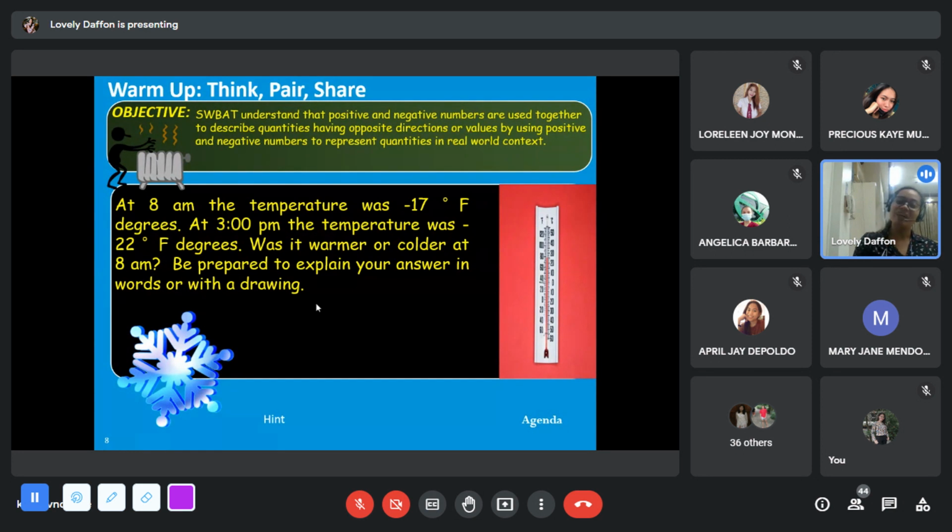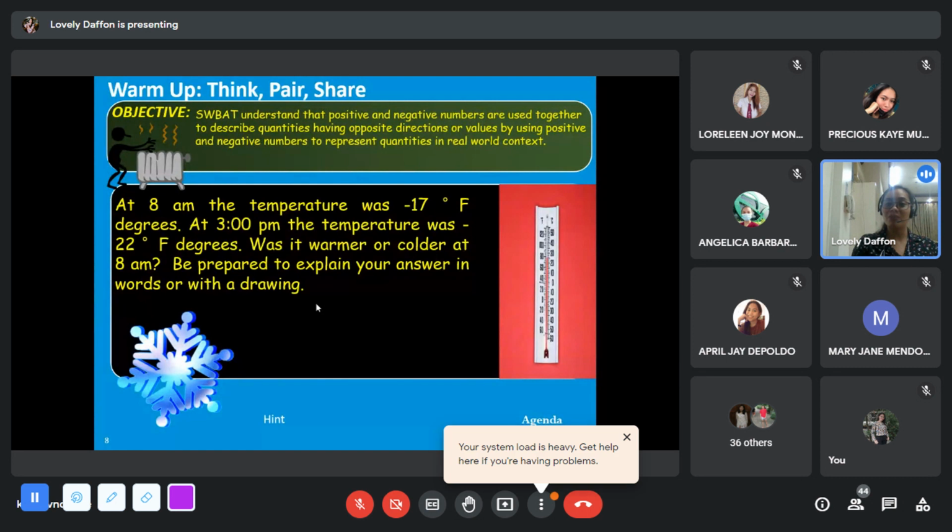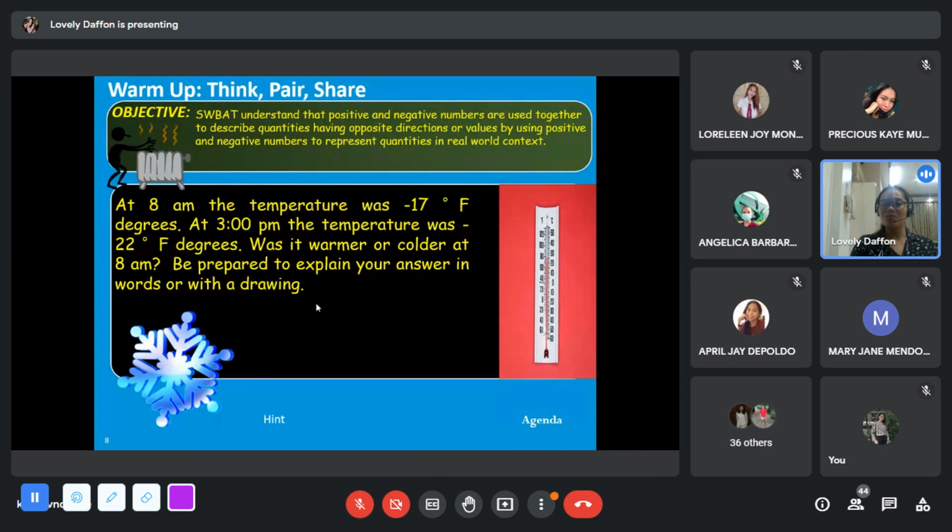Actually, ako, I really have troubles when it comes to temperatures. Tapos, naka-negative na siya. Usually, malisod ko aning mga temperature, pwera na lang pag positive numbers. Like, for example, 32 degrees, 35 degrees. If we are going to say which is hotter, malamang si 35 talaga. Tapos si 32, mas arang-arang na lang, bugnaw-bugnaw siya compared to 35.